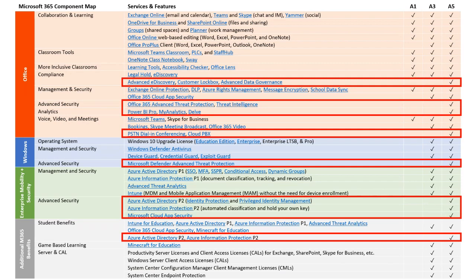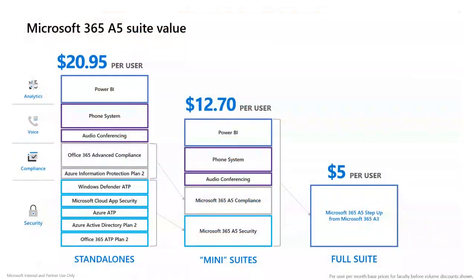This is available as a standalone SKU on the price list, but if we're talking to our customers about how they can save money, how they can change their model to create something that is more streamlined, perhaps talking to them around the A5 license is where they can start to perhaps reduce some of that endpoint security so it stands within the A5 suite. So what am I talking about? So let's have a look at this.